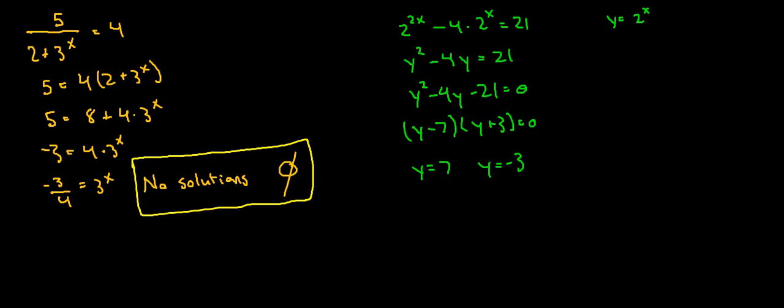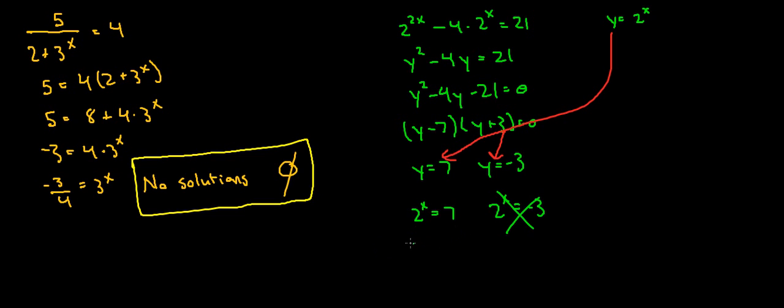Now, I resubstitute in this. So I say 2 to the x is equal to 7 and 2 to the x is equal to minus 3. And here I can see that this one is impossible because there is no power of 2 that is going to give me a negative number. Not possible. So this is not a solution, so I only have to worry about this one,